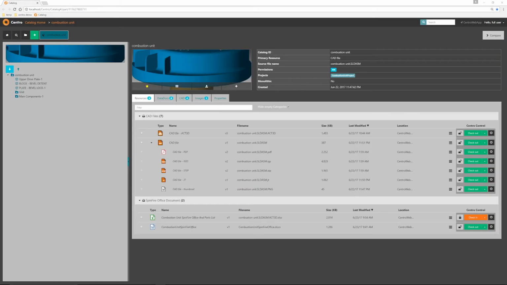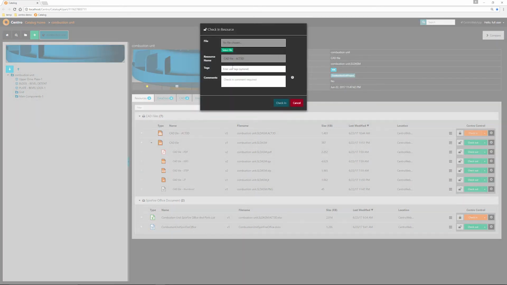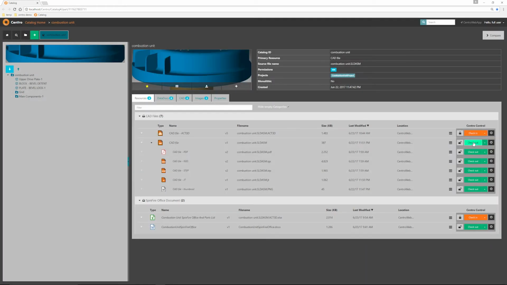So as you've heard mentioned, it's an enterprise data management product, but it also allows that collaboration and that version history, etc., of the files as they're checked in and out of Centro, which is storing CAD and non-CAD files in a database. So I can check the file back in, assign some tags to it, any comments I want for checking it in. In this case, I won't do that right now, but I will check out